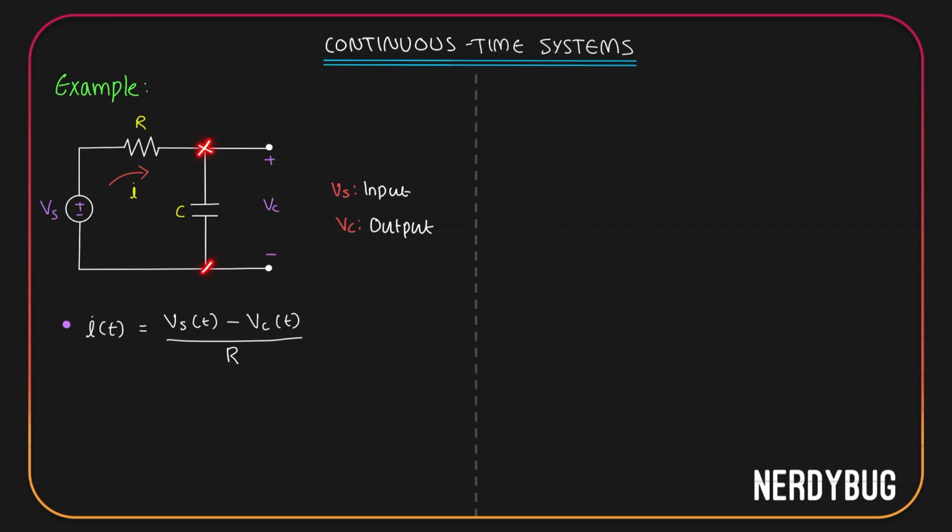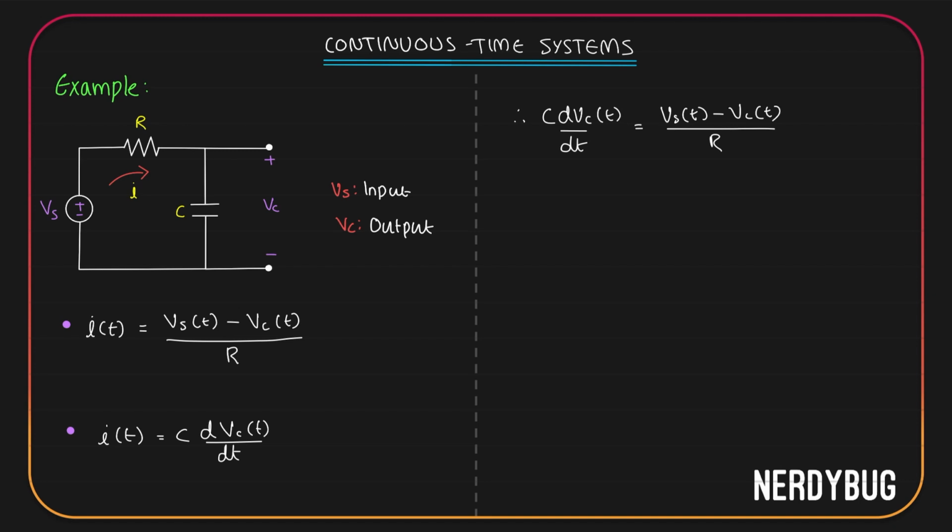But we have a capacitor over here across which there is a voltage Vc and some current I is flowing through it. We have a relation for current flowing through a capacitor. We can write I of t is C dVc of t by dt. Now, since they are both the current in the circuit, they'll be equal. We can write C dVc of t by dt should be equal to Vs of t minus Vc of t divided by R.